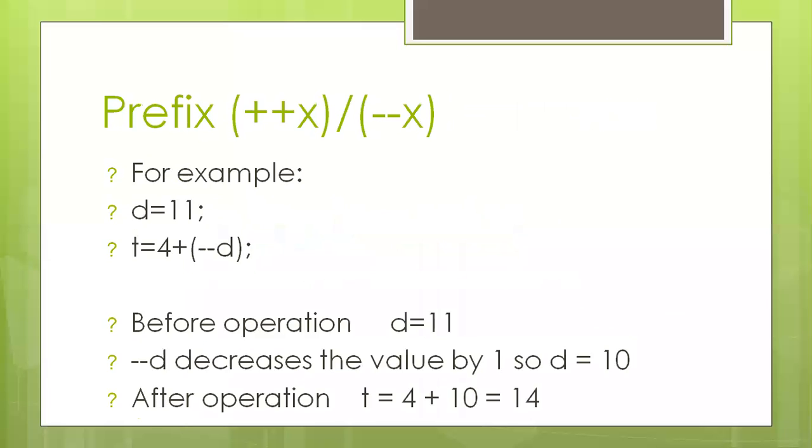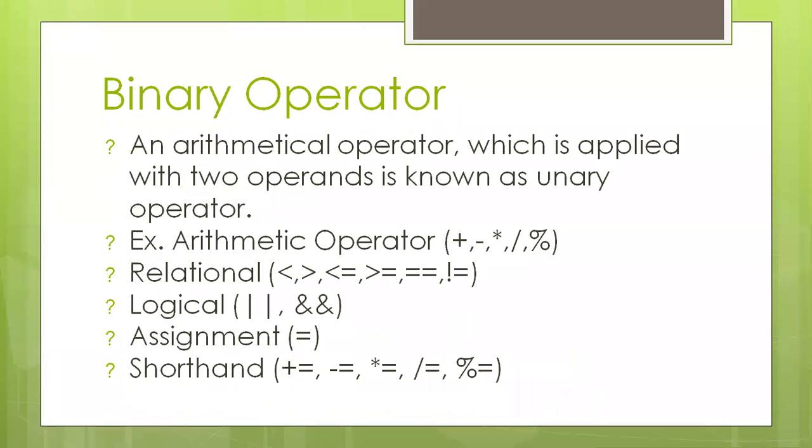So how many types of binary operators can we have? See the example I have written. Arithmetic operators, you are all familiar with them: plus, minus, multiplication, division, and, what is this? Percentage? No, it is the modulus sign. I'll tell you about it afterwards.